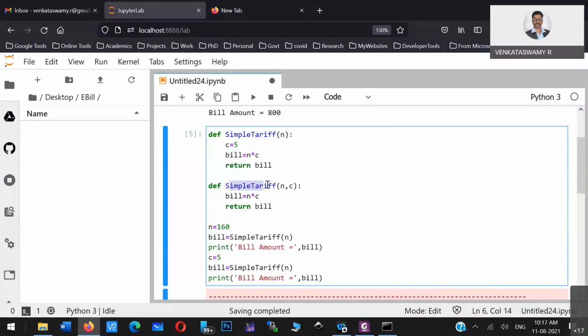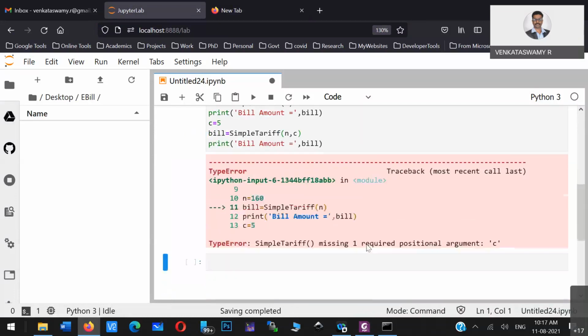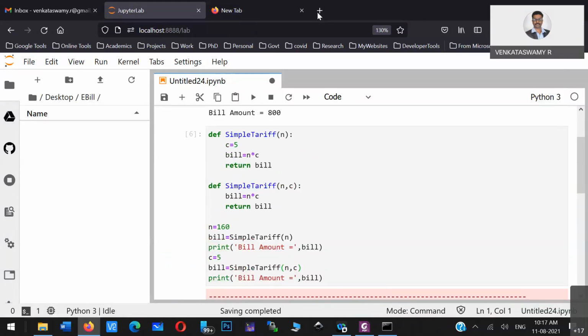Because here the number of parameters we are passing is 2. Here the number of parameters we are passing is 1. So in that case, if I pass like this, it should actually take, but I don't know why that is not. Yes, many forms. So does anybody have a solution?